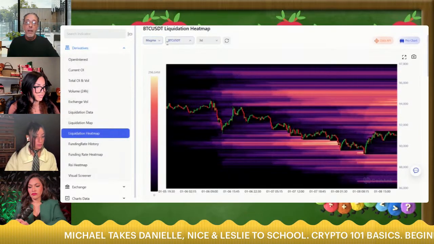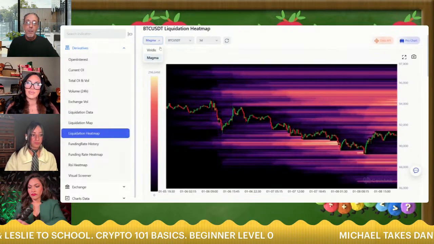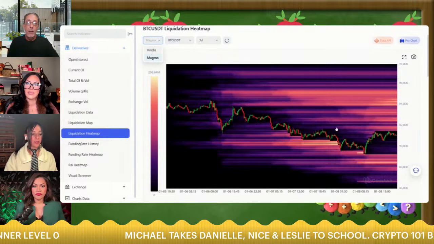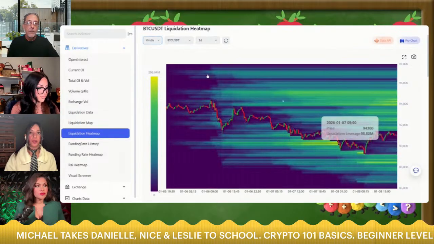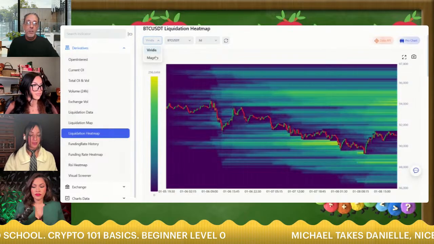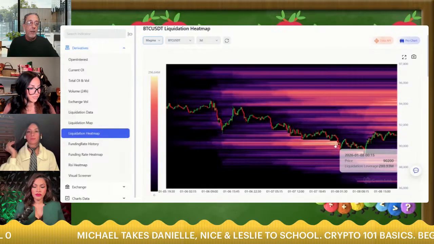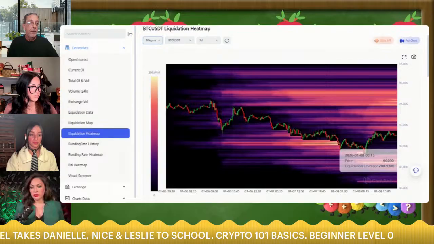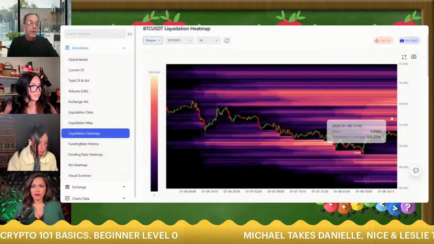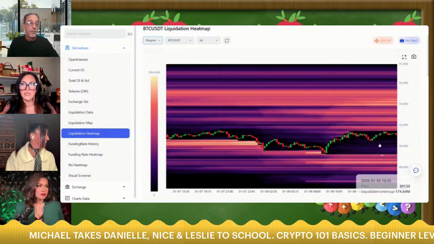Okay. So right up here, you can have it in the red. If you click on magma, if you come up here and click on this Viridis, whatever, it'll turn it to green. Mine's green and blue. Yeah, you can change it right here, whatever color that you like. I just put mine on magma. So the bright colors here, that's where a lot of liquidity is sitting, right? A lot of liquidity sitting up here around 94. Then we're going to make this a little bit bigger.